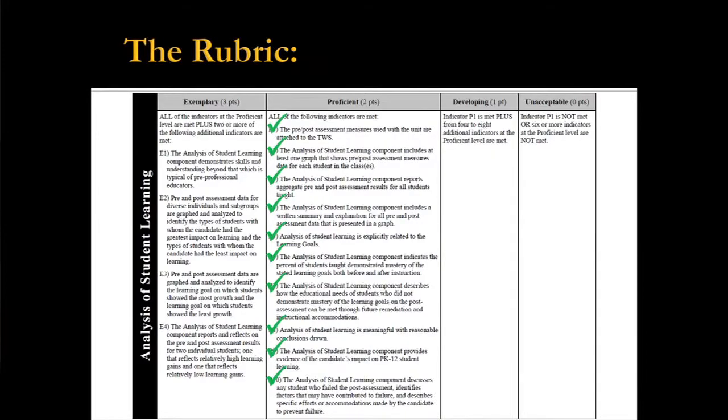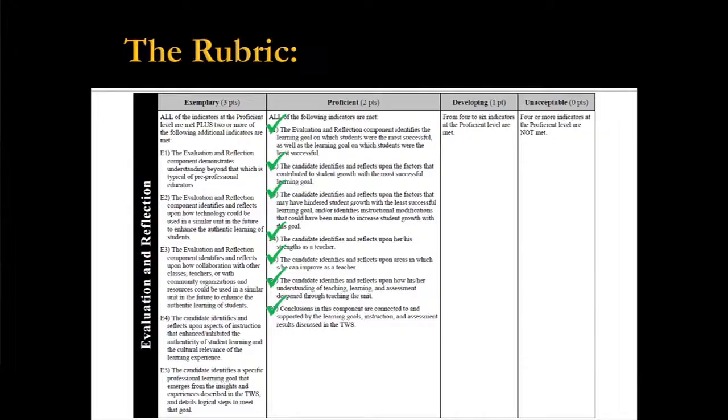And that is all of this. Seven, I want to point out, because the conclusions that you make in this component have to be consistent with the data. So if your data says you stink at ELLs, don't hide from it. Okay? The exemplary stuff, deeper reflection. And E5 is to set a specific professional learning goal. That should be pretty easy to do because the data will show you what your goals should be. Make sense?